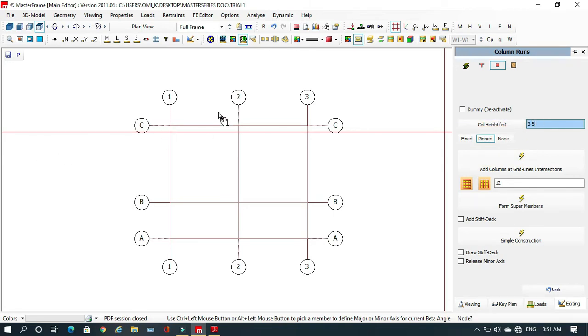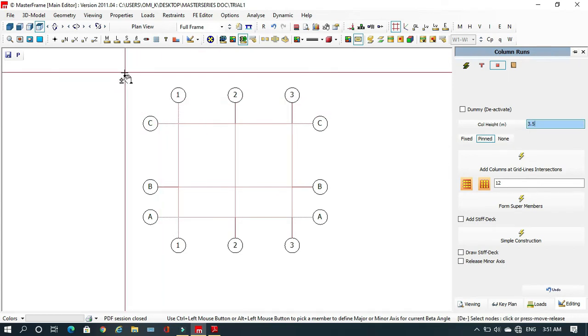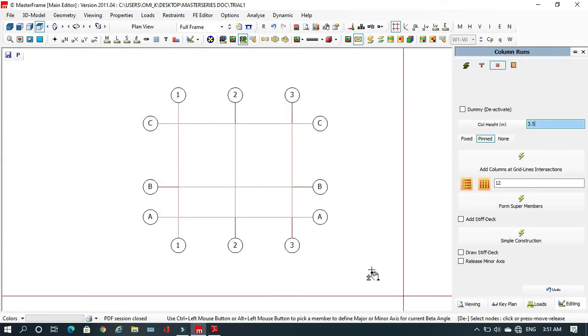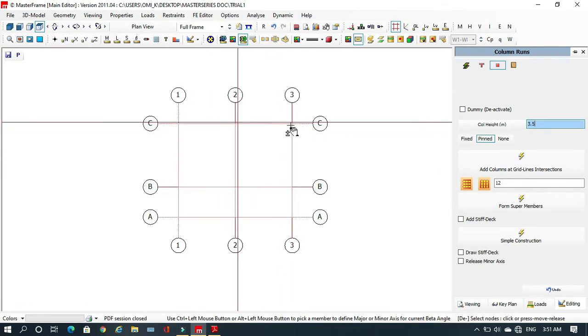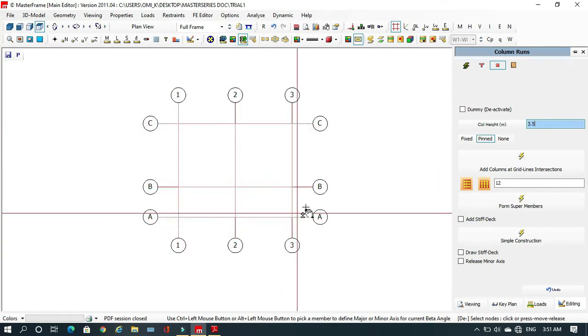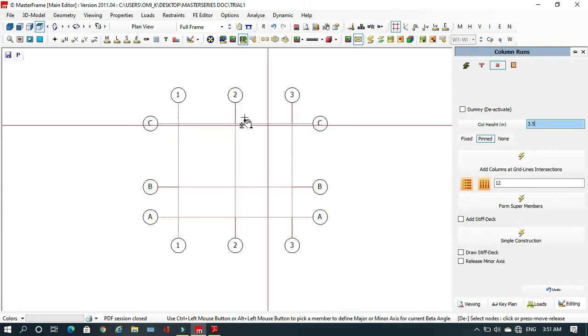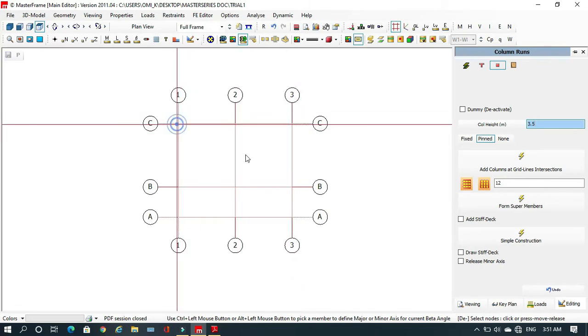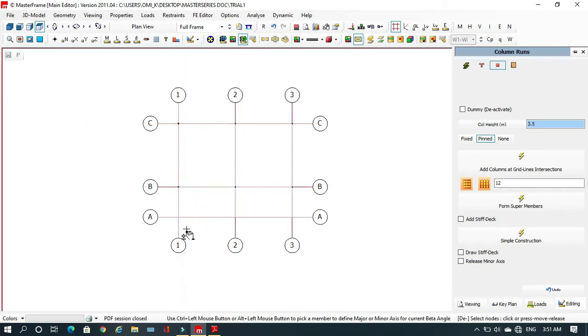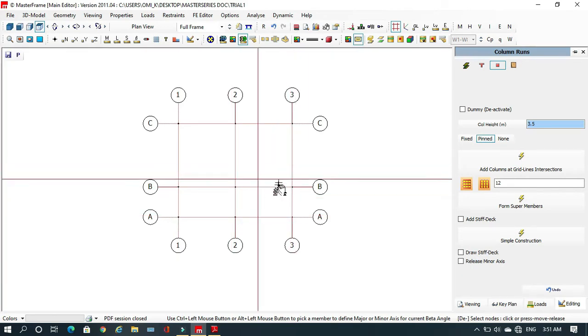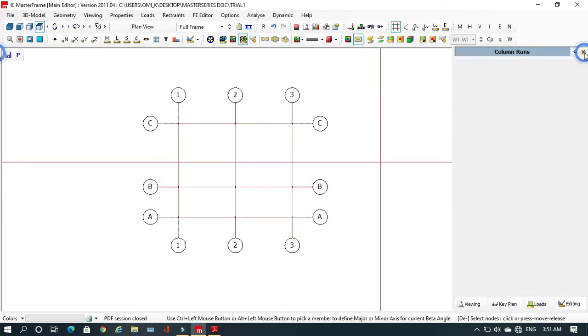Okay, so I have two options of doing. I can hold my mouse here and then drag it right here and then put all columns in the nodes, or if I want, I can click individually on every node. So what I'm going to do is I'll just click individually. So column there, column there, column, and here, and then the last one. Okay, so right now I've already